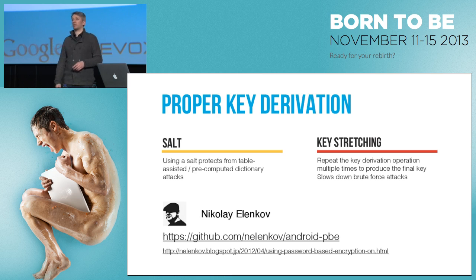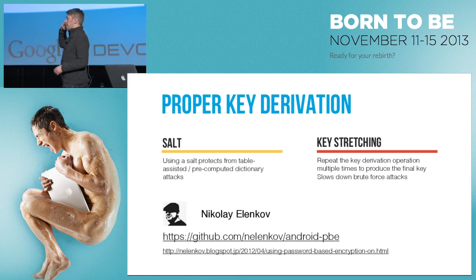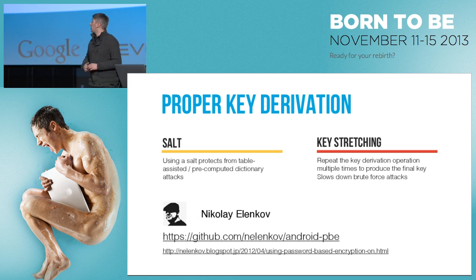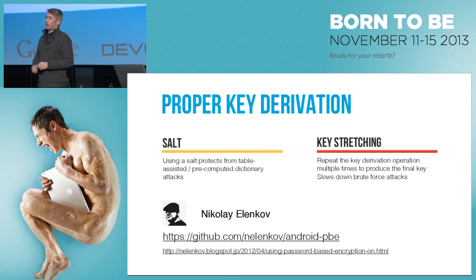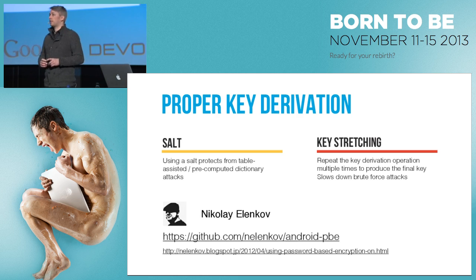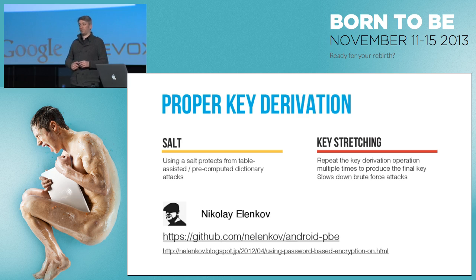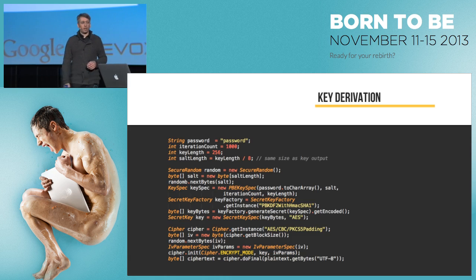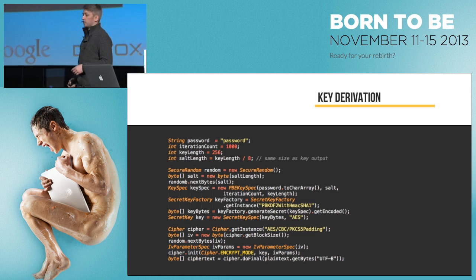So if you make it a computationally hard task for the attacker to do, you're already strengthening your application and your key management. A very good tip is the best documentation you can find on a blog by a guy called Nikolay Elenkov. I feel that the official Android documentation is letting us down here a little bit. There's very little documentation to find, but he has an excellent blog where you can find a lot of security topics discussed, always very specific to Android. So you will then end up with a key derivation code like this,